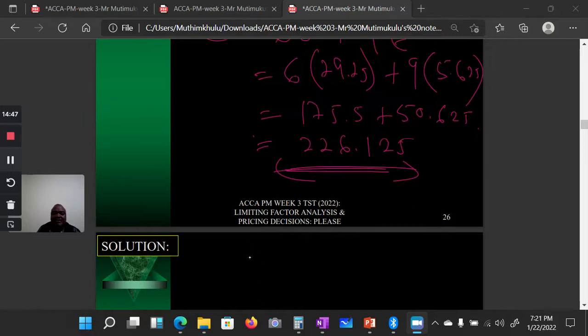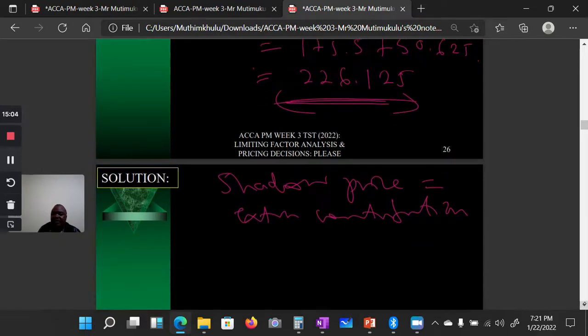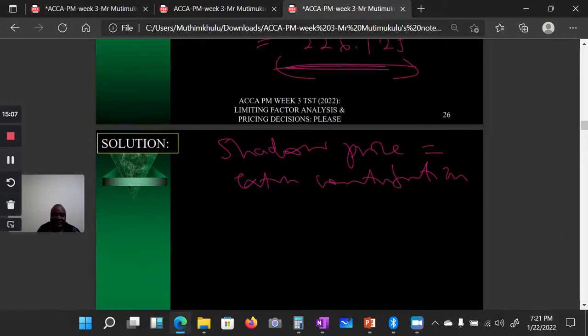Okay, so you can see that the shadow price will be the extra contribution owing to this extra resource added, the extra material, the extra kilogram added. So the extra contribution would be the new contribution less the original contribution,